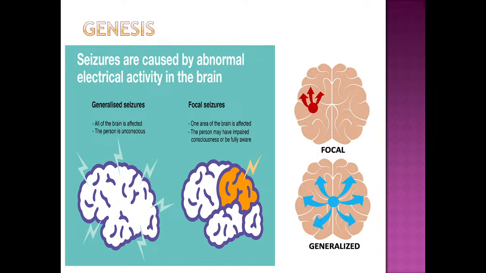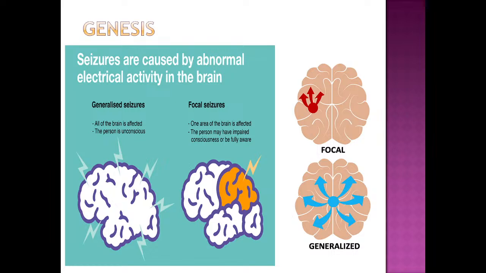So depending on the type of or the area of the brain affected, if the frontal cortex is involved, what would you have? What type of manifestations? Motor or sensory? Frontal cortex. You will have motor manifestations. If you have parietal cortex affected, you will have sensory manifestations. Similarly, you could have autonomic manifestations. So this is how generally the seizure activity spreads out.